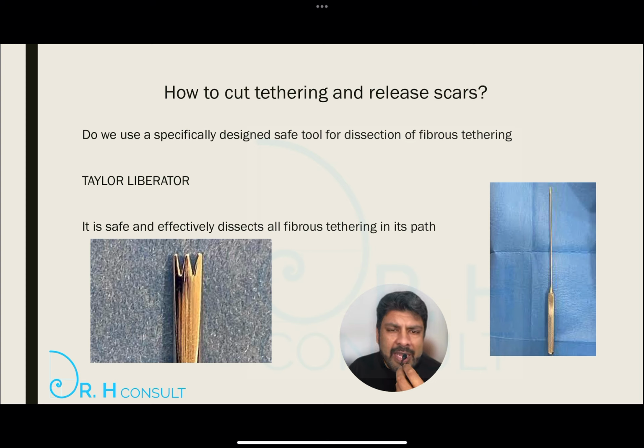Essentially it has a tip, which can be seen on the left hand side, which looks like a flat blade screwdriver with two notches. In these notches are hidden the blades. The prongs or the flat tip is actually blunt, but the notches are where the sharp blades are. The design is made in order to gather the tethering within the notches, and the tethering is funneled towards the actual notches where the sharp blades lie, and the fibrous tethering is effectively severed